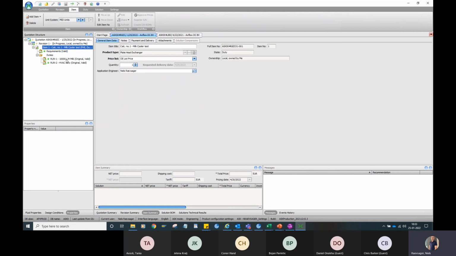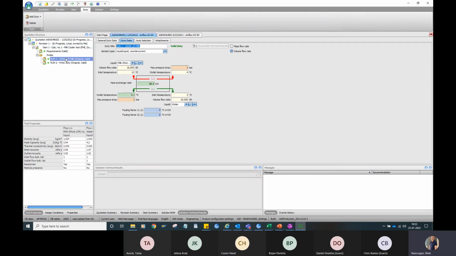See, this was one item with 2 duties. Then it could be that your customer wants a 3rd duty or 4th or 5th or whatever duty, either shown on the calculation or designed for. So adding duties is up here, as you saw I did before. Then you have different possibilities. When I did the water, I selected original. You can also do an alternative,